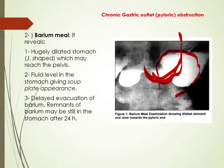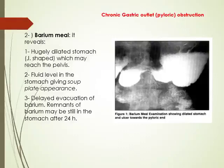Let's erase. The second finding may be a fluid level in the stomach, giving soup plate appearance. It is characteristic for obstruction. This is the air fluid level found. We will erase again